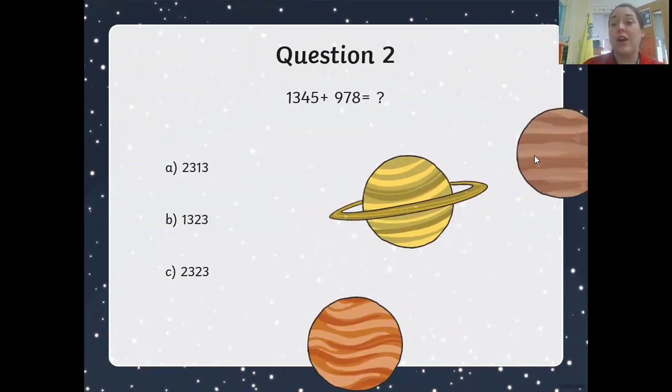1,345 add 978 equals. Is it A, 2,313, B, 1,323, or C, 2,323? This is the point where you might actually want to find a piece of scrap paper and work it out using your column addition skills. Pause the video and have a go. Congratulations if you got the answer C,